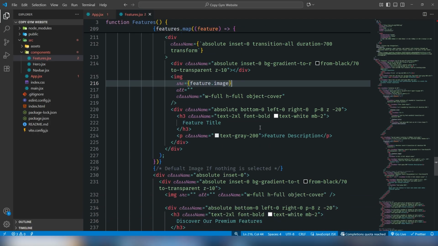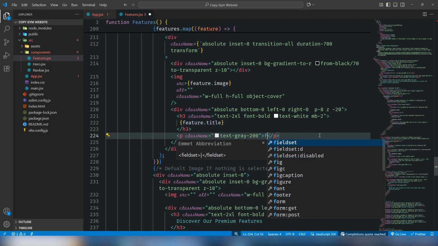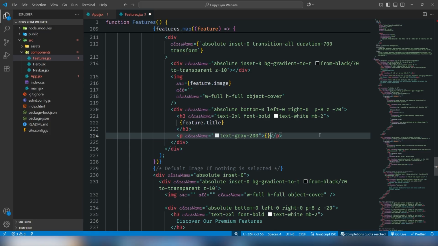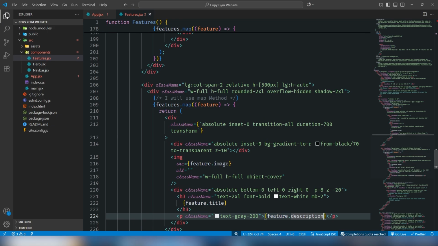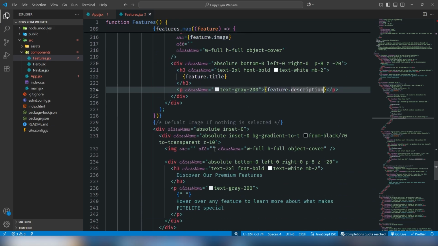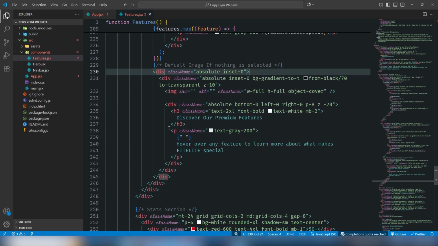So let me replace the other content, then I will fix it. Feature.title, this will be feature.description. Okay, I'm going to save the file, and the title and description are shown. Now the default image,